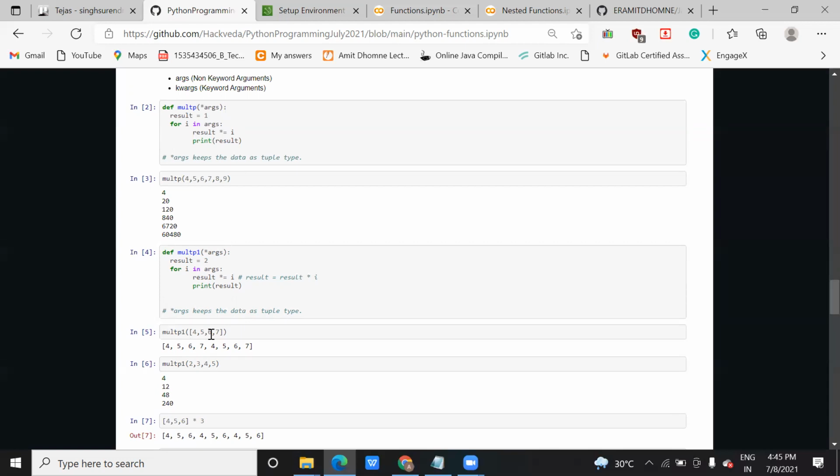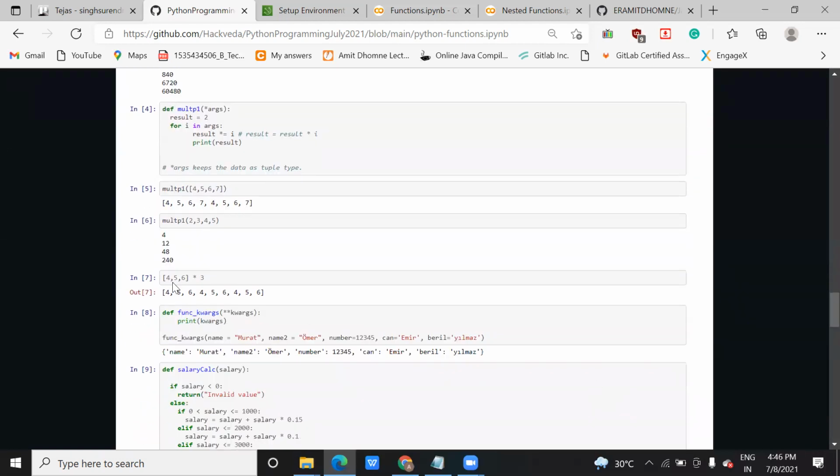It's something like you are creating a copy of a bucket. Suppose for i in argument, like 4, result is equal to result into i. You know the representation, right? So result is 2 into i, 4. It will copy it two times because you are passing a list, which acts as a single entity. Similarly, if you multiply a list by 3, it will print 3 times.